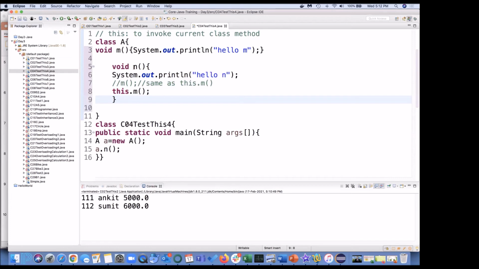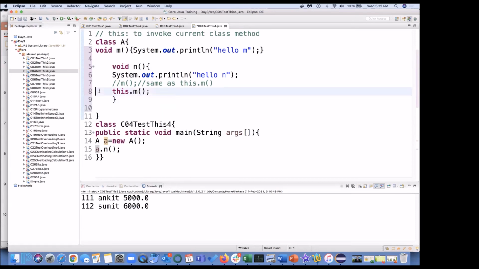When I call this n, and it says this.m, for your understanding, this.m means a.m, the object of the current class.m. And if I do this, it's going to obtain the result.